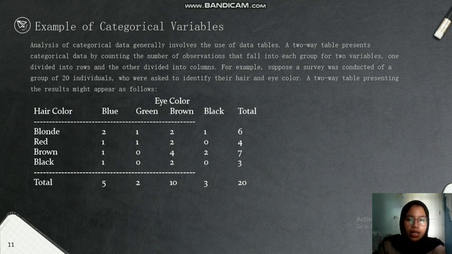And this is the table for the example. The total of each category, also known as marginal distributions, provides the number of individuals in each row or column without accounting for the effect of the other variable. In the example, the total number of individuals with